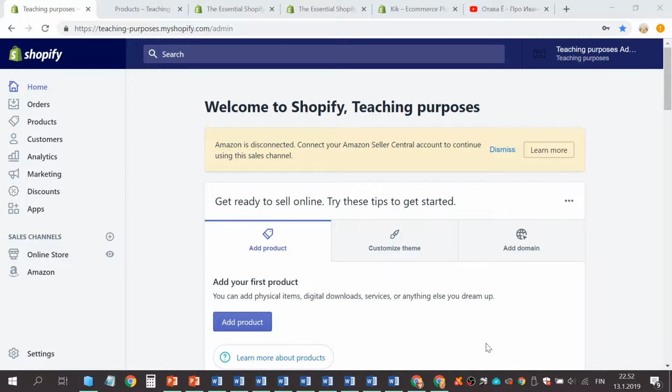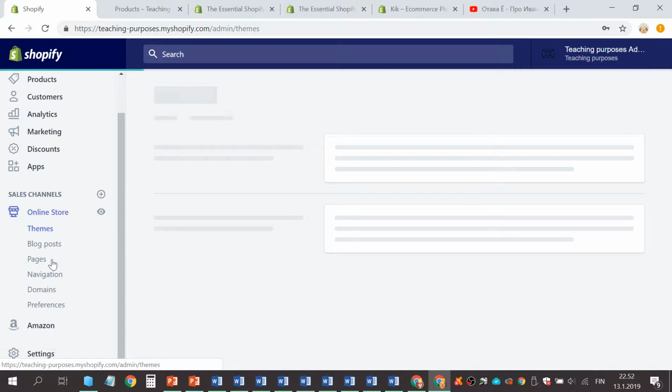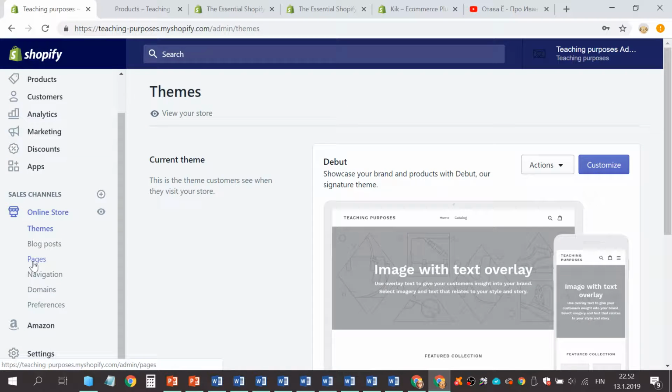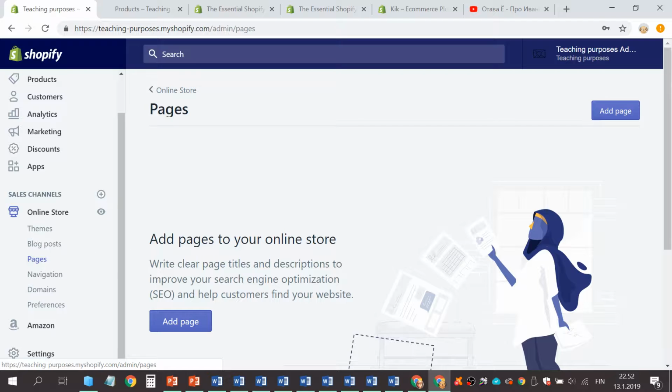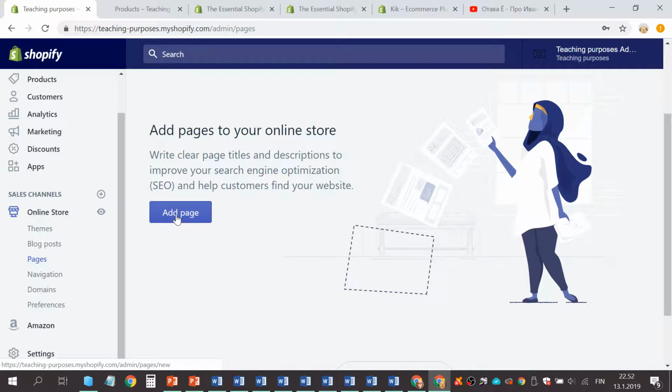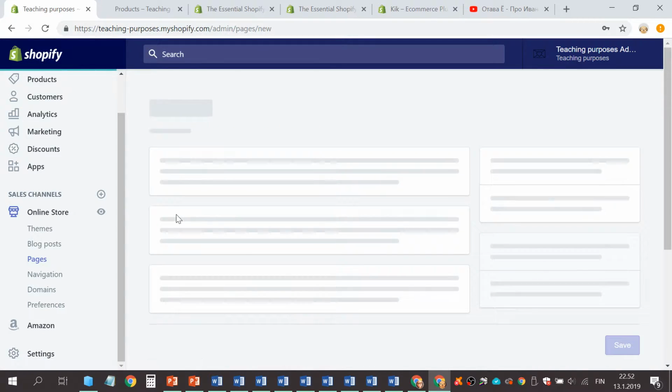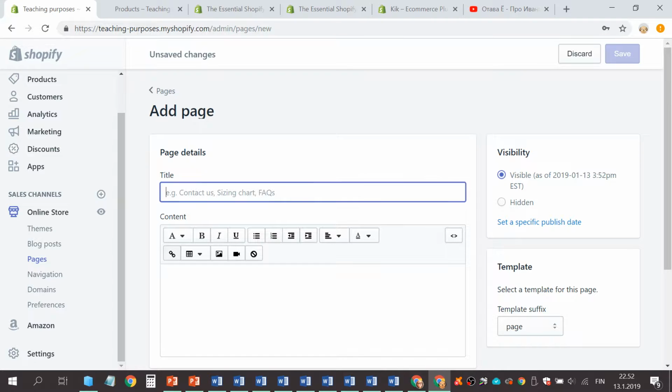Let's begin. You are in your Shopify dashboard and then you see the store icon here. Click Online Store and you will see Pages. Click Pages. After that you have to click Add Page and you write here About